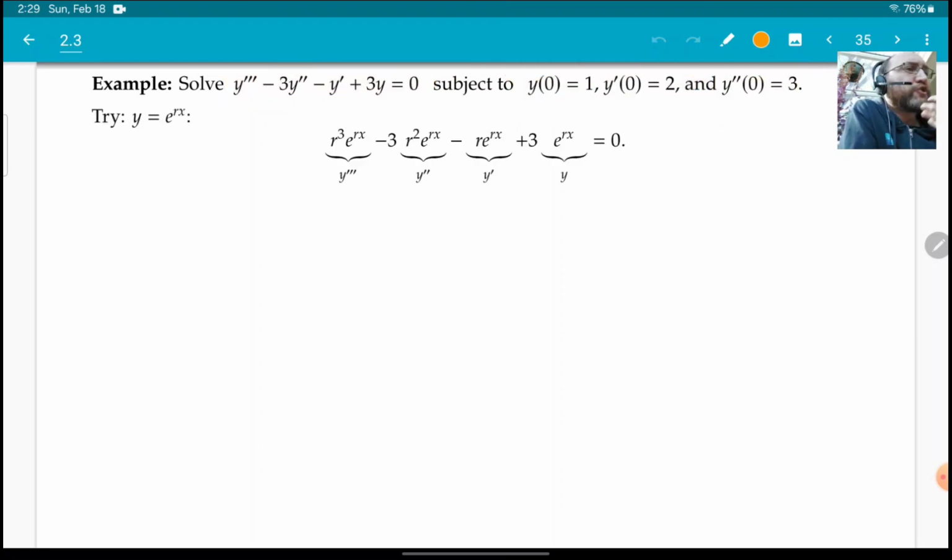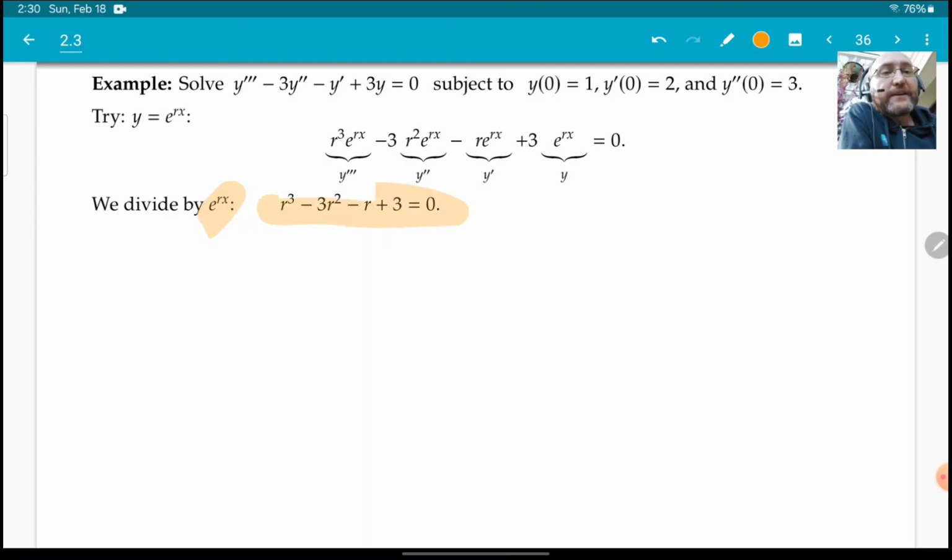All right. So again, just like for second order equations, we plug in e to the rx. So we plug that into this equation. This is the third derivative, this is the second derivative, this is the first derivative. This is just the function itself. We plug that in just like before. We can now divide by e to the rx, and we get the characteristic equation, the characteristic polynomial of this equation in r. And now we need to solve for r, find the roots of this